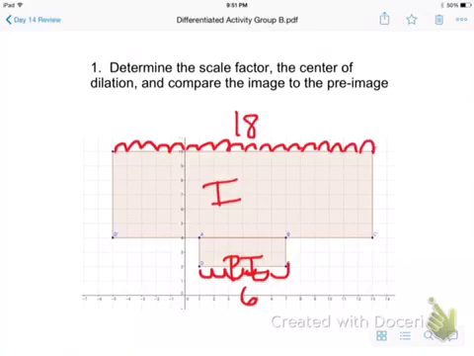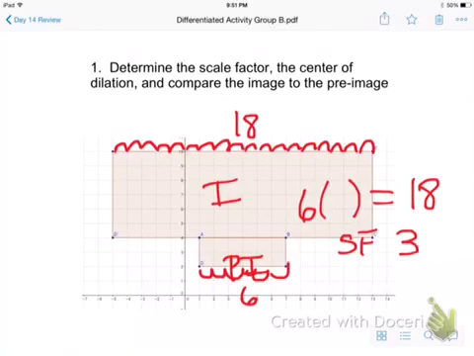So if I want to find the scale factor, I would say 6 times what factor equals 18. So my scale factor would have to be 3. Next, I want to find the center of dilation. So to find the center of dilation, I'm going to compare